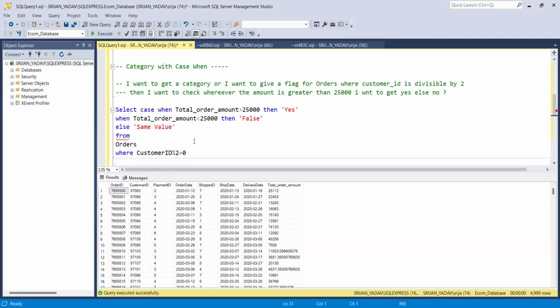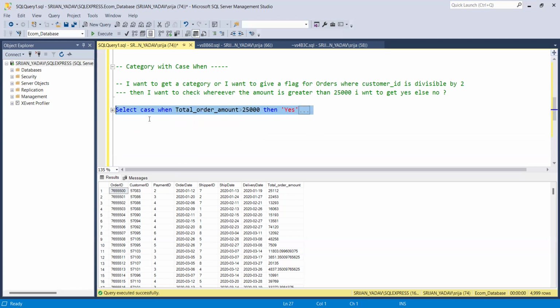Now let's try to solve this thing. But are we missing anything here? Tell me what I am missing here. End. End state. Correct. End. So let's try to do this. Now, after using end,